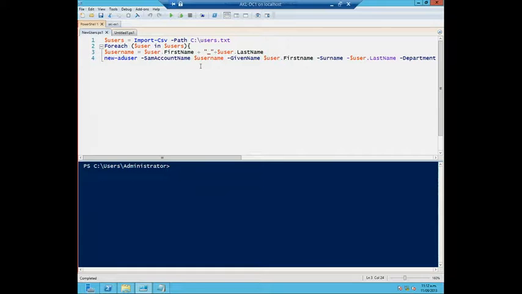So for the SAM account name, again, how do I know those? Tab complete. Again, at some point in time, you do have to figure out what the switches are for a command. There's no secret to that. You've got to do your homework. It takes a little bit of trial and error. Not a big deal. The tab complete thing is your friend.